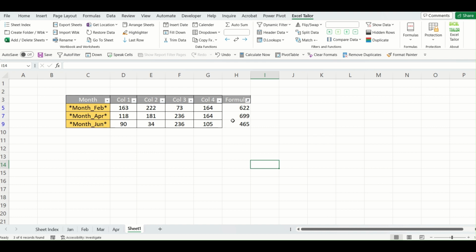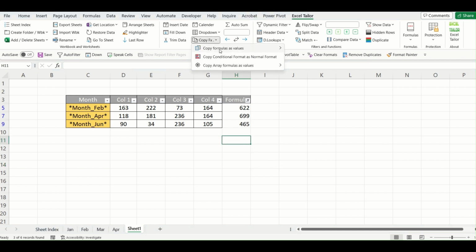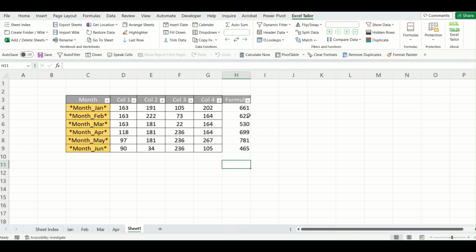Now I want to copy and paste all formulas, which are inside this filter and which are not visible as well. So what I will do is click on copy formulas as values and select in all cells. As soon as I click on in all cells, you can see, okay, my bad,